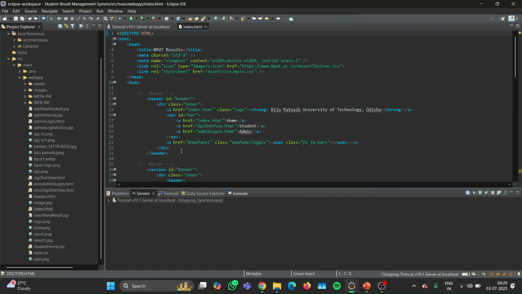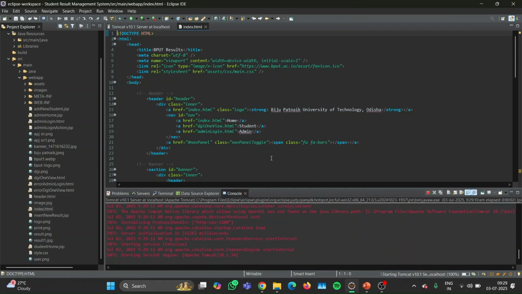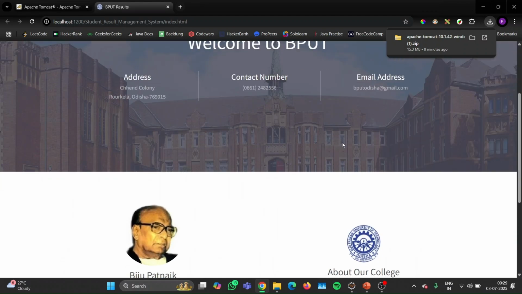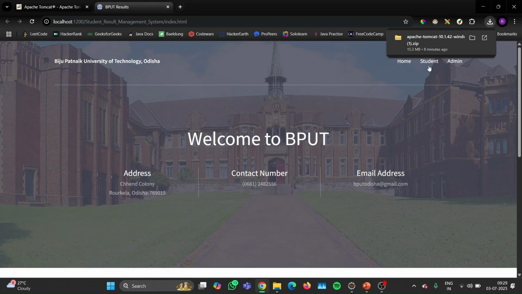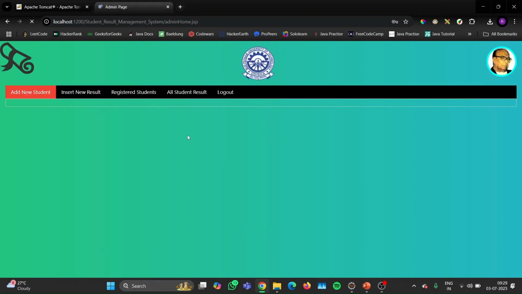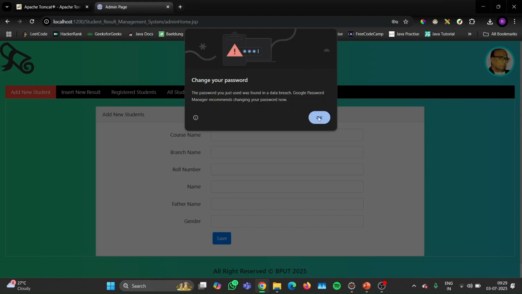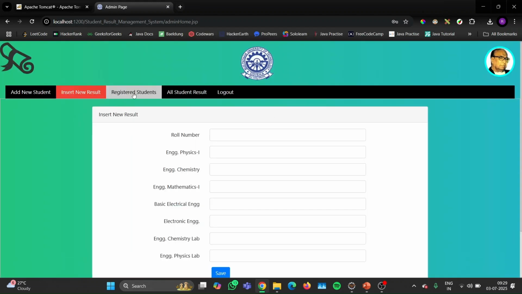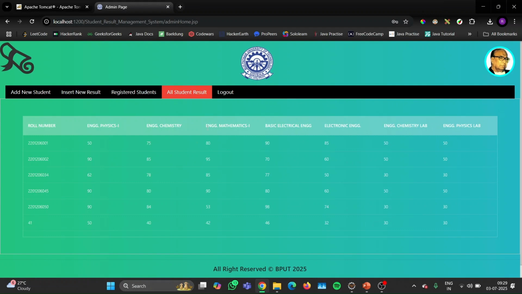So we have started the project. As you can see, the project is started and admin. So I think this was the ID and password for admin. Yes, this is the one. So as you can see, we can add the new student, insert new result, register students, all these are basically features